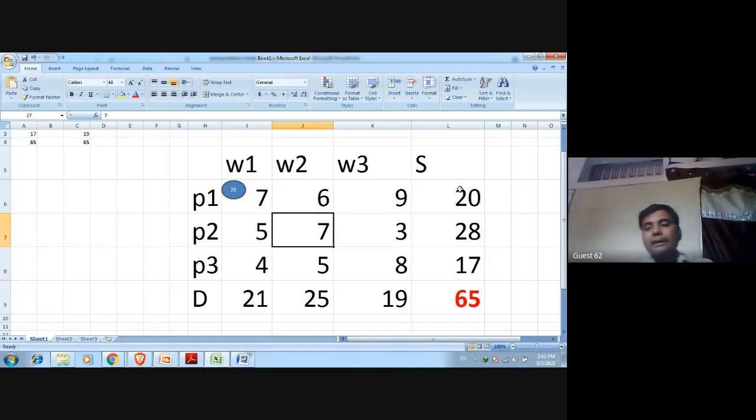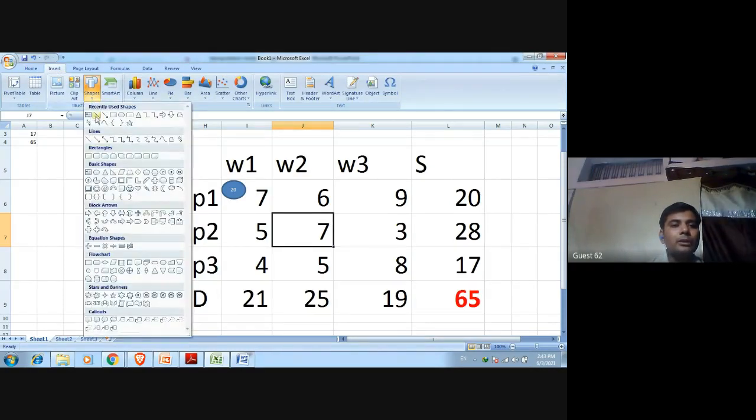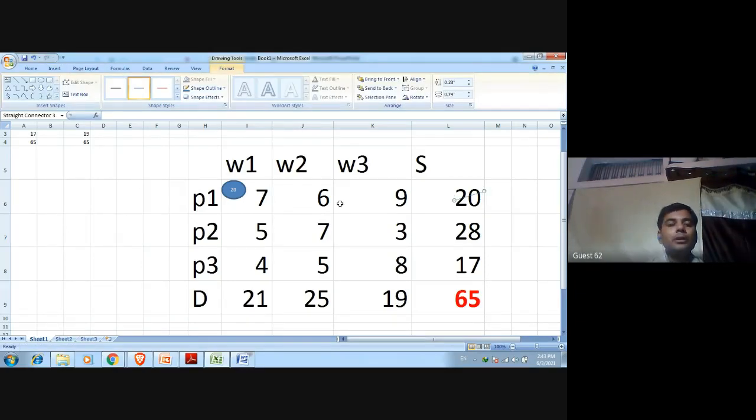ठीक, now according to our condition, this plant P1 has sent all the items to warehouse W1। इसने अपनी सारी कैपेसिटी खत्म कर दी। तो अब हम यहां से जो प्लांट P1 का प्रोडक्शन था, हमने उसको खत्म कर दिया। We have cancelled it, मैंने इसको काट दिया। ठीक,